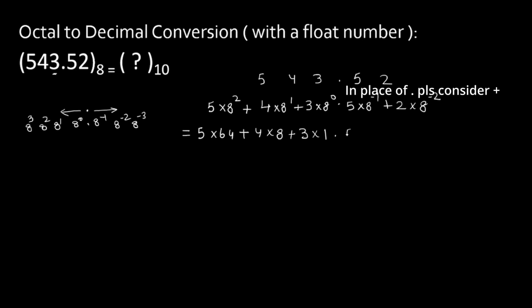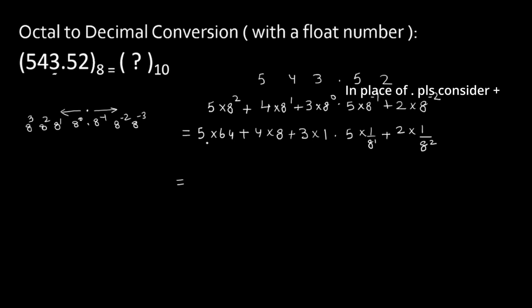So now this can be written as 5 multiplied by 1 upon 8 raised to power 1, and this can be written as 2 multiplied by 1 divided by 8 raised to power 2, because when we move this 8 raised to power minus 2 to the denominator, its power sign will be changed, so that is plus 2. Okay, now come to